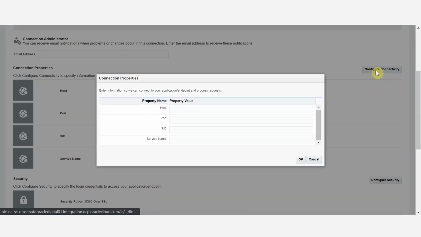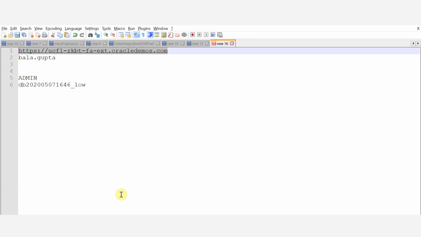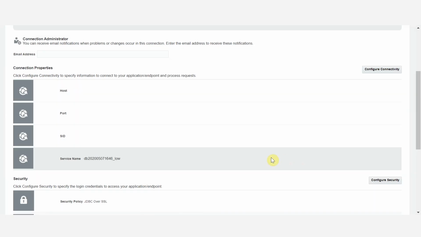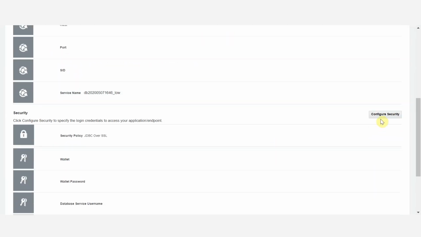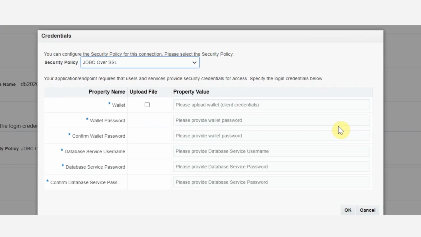Click on the Configure Connectivity button to enter connection properties. Enter the value of the service name field. You can get this from the wallet in the tnsnames.ora. Then click on the OK button. Click on the Configure Security button to enter the security credential.